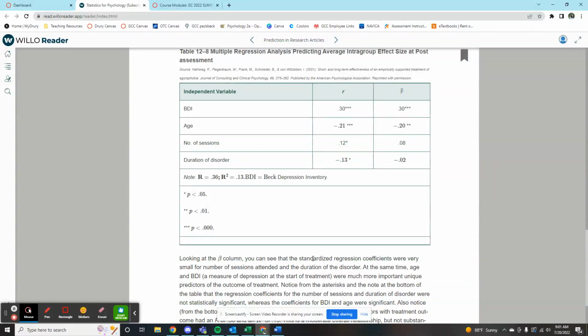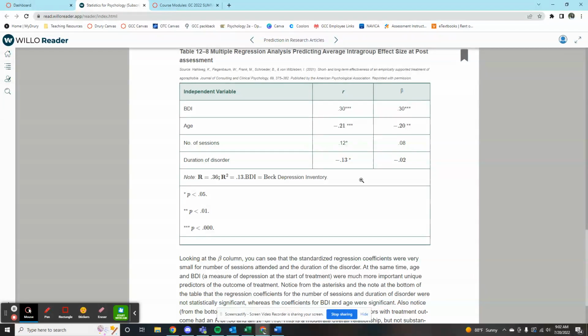But that's not what we're doing with standardized coefficients. With standardized coefficients, we're saying for every 1 standard deviation that this increases, this is how much the other one changes. So for BDI, for every 1 standard deviation increase on the BDI, we're going to have a 0.3 standard deviation increase in our prediction of